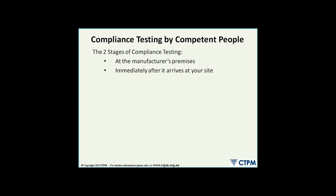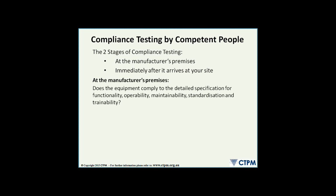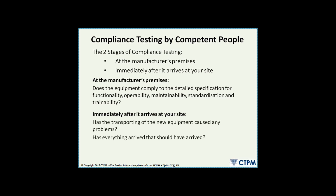The other issues are compliance testing by competent people. So there's two types of compliance testing, one at the manufacturer's premises, the other immediately after it arrives at your site. At the premises, does the equipment comply to the detailed specification for functionality, operability, maintainability, standardisation, trainability, etc.? So does it really comply? And then once it arrives at your site, has the transporting of the new equipment caused any problems? Has everything arrived that should have arrived? So you need to make sure you do it at both places,